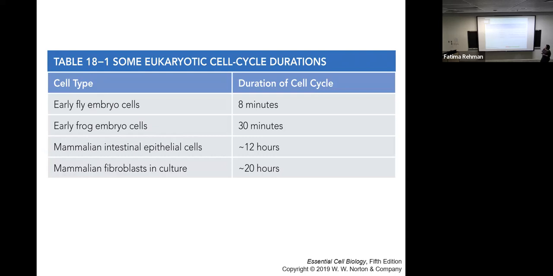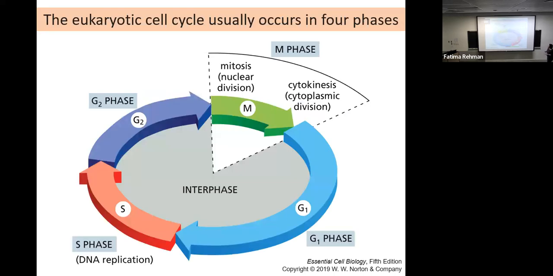And if you were to grow some fibroblasts, again very prolific cells in culture, their cell cycle, one round of replication and division, is about 20 hours. So typically, when we plate cells, we keep in mind that about every 20 hours you're doubling that cell population. So over a period of a week, you're going through about 3 to 4 cell cycles, right?